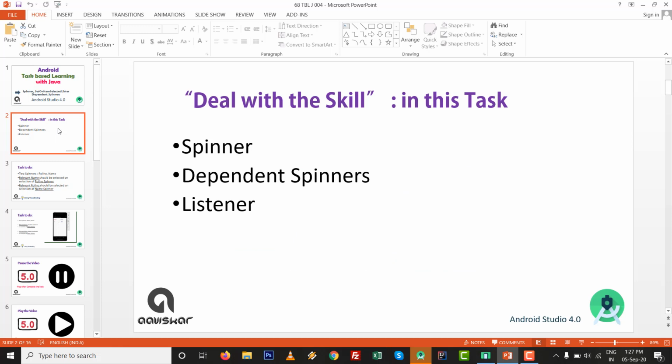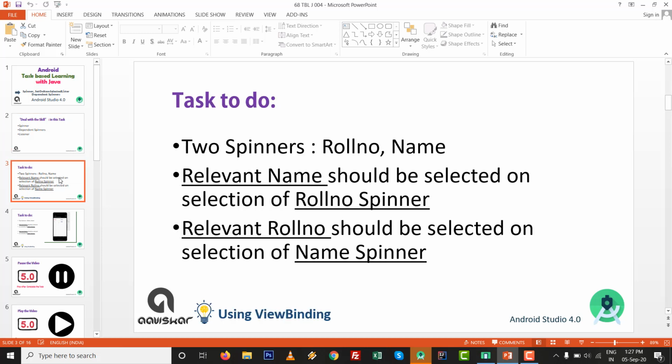So deal with the skill. In this task we are going to deal with the spinner, dependent spinner and listeners of spinners. The task to perform: two spinners are there. One is for roll number and another is for name. So the relevant name should be selected on selection of the roll number spinner, and the relevant roll number should be selected on